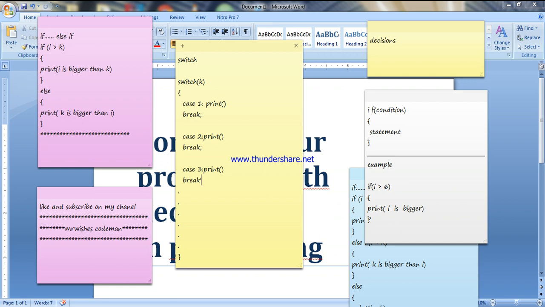We have different kinds of decisions in the language. There's if, else, else if, and so on, like switch. Let's go directly to decision number one, called if. This is a simple decision where you ask the user to give you something, and if that something